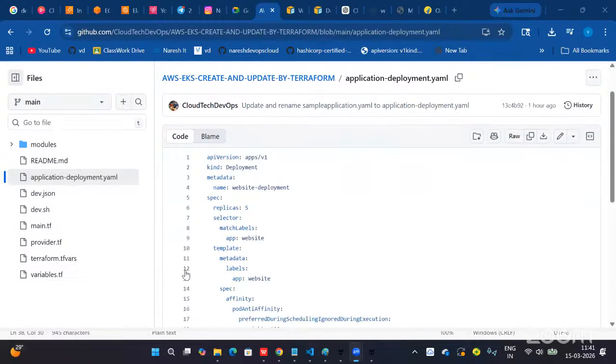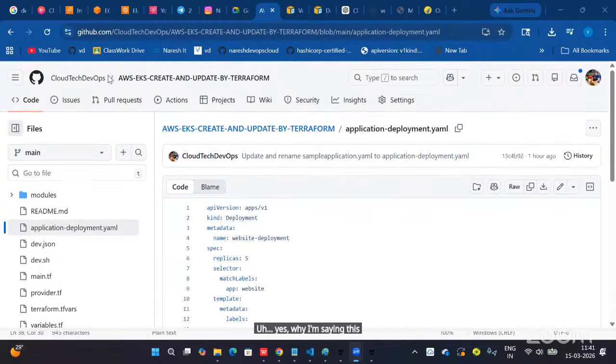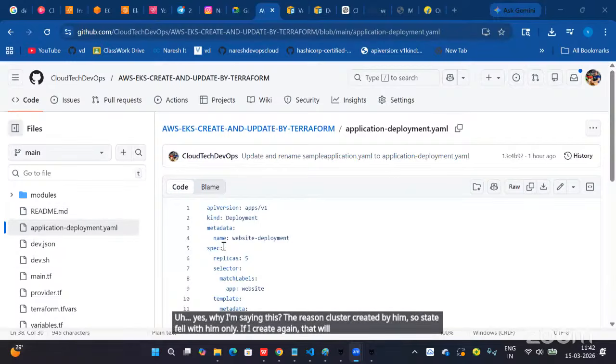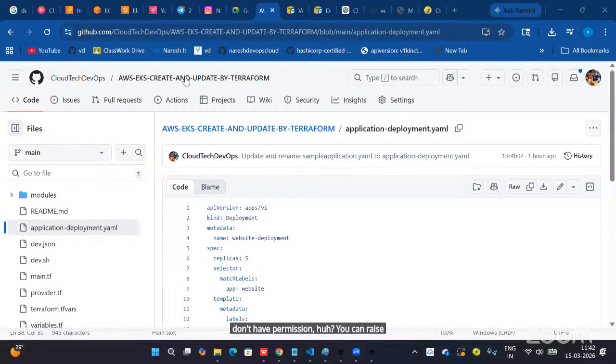The reason I'm saying this is the cluster was created by him, so the state file is with him only. If I create it again, it will be destroyed and recreated, and that will take more than 1 hour. That's the problem. Yeah, you can go ahead. You don't have permission? You can raise your hand so that I'll admit you.